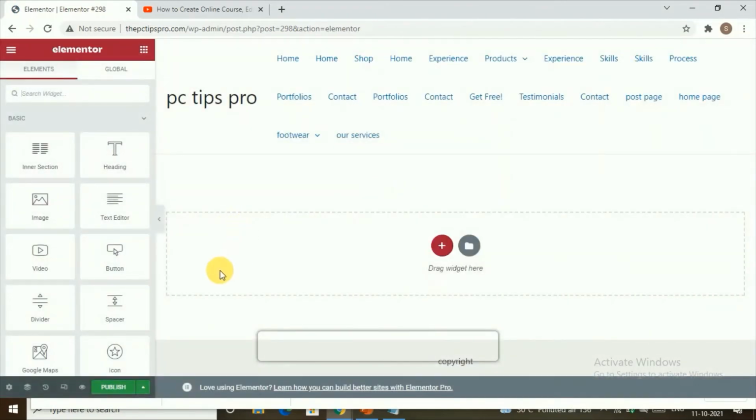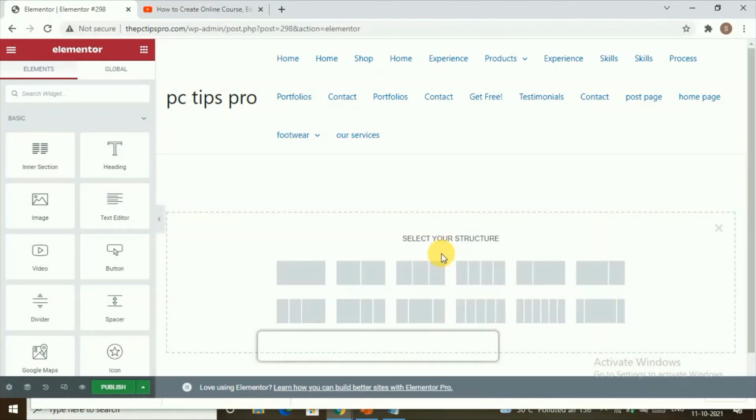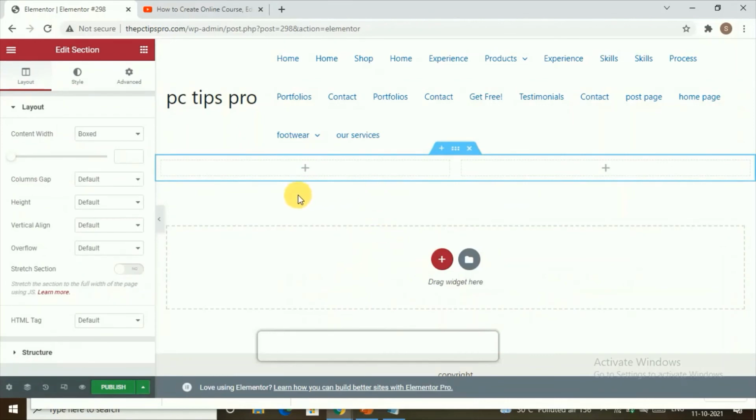And now we need to go to the place where we want to add our video. So this page is blank, and I want to add my video here. So click on the plus icon, and here you can select your structure. So let's say this is my structure. I want this structure, and here we have a plus icon again, and then we can go to the elements,